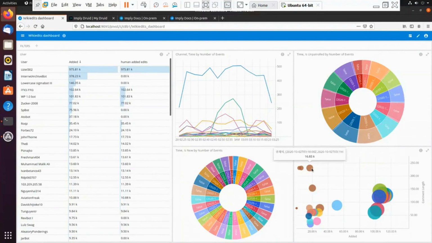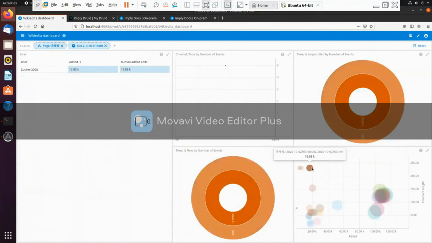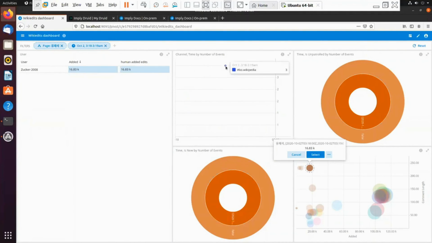Now on this page we can see that Zakar2008 is a user which has about 17K events, and all these events are human edit events. We can see various other information about the particular user on the screen.